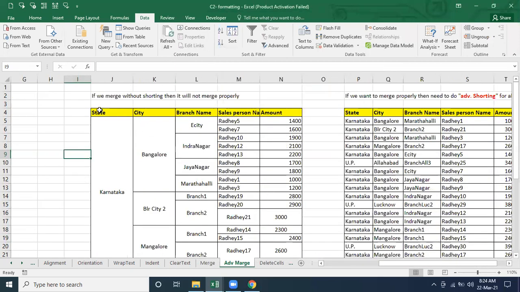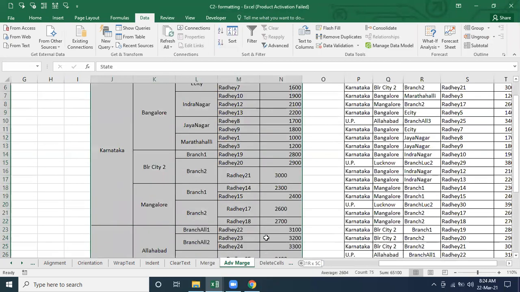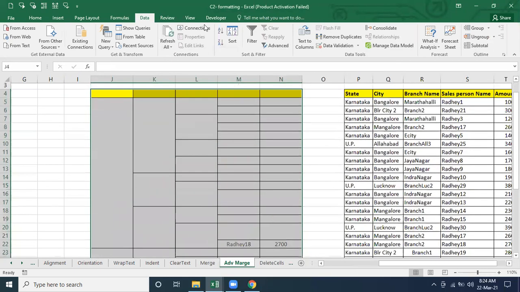Let me copy first. Let me unmerge it. Okay.